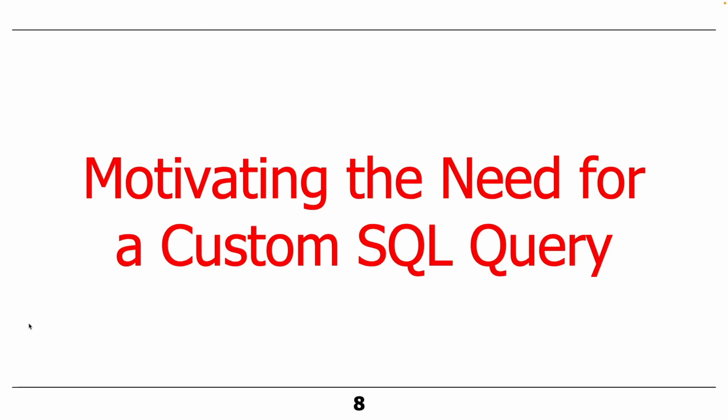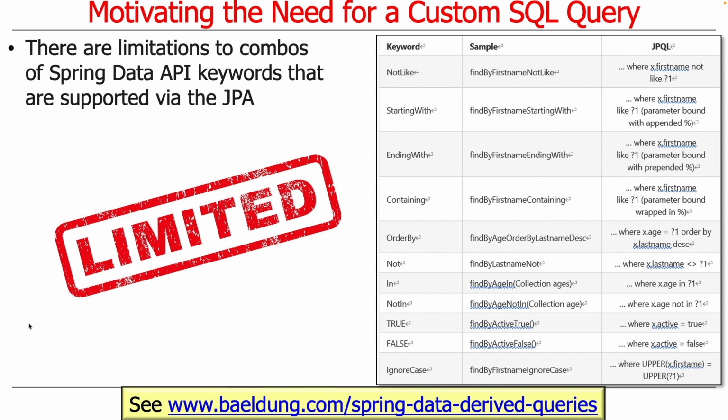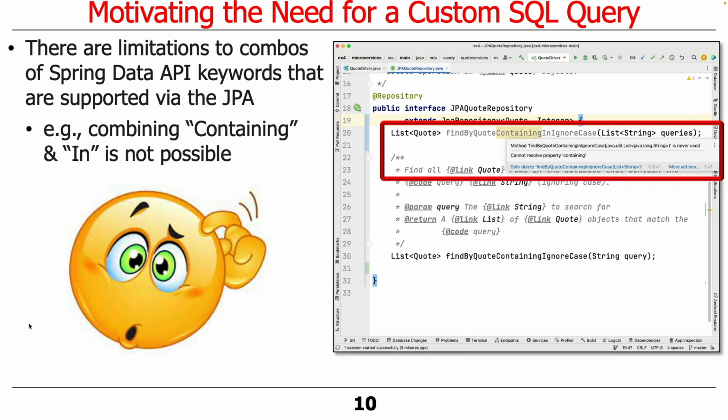So given that, you might think, gosh, we're done. We don't ever have to worry about writing custom SQL queries. Wrong. And the reason for that is that there are limitations in the JPA and the Spring Data API to combining these keywords that are supported by the JPA. So there's a bunch of keywords, but they don't all go together all the time, and that can be a little bit frustrating. For example, for somewhat mysterious reasons, which we will see if we can clarify a little bit,